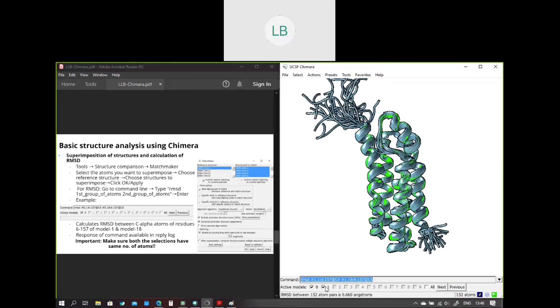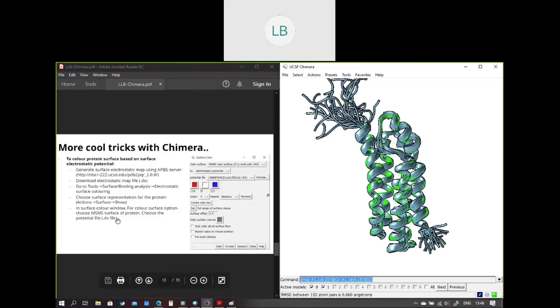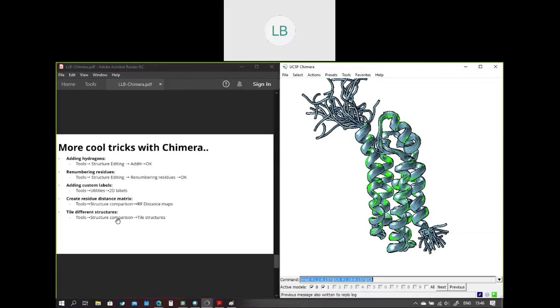Apart from this, you can do a lot of other tricks with Chimera. You can color it based on surface electrostatic potential. You can add hydrogens. You can renumber the residues, or you can add custom labels. These are minor tools. I've given instructions on how to do it in the presentation.